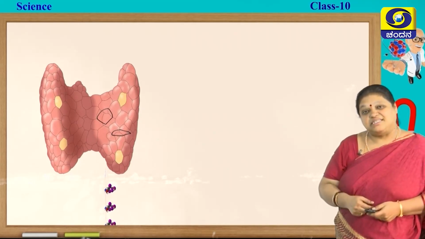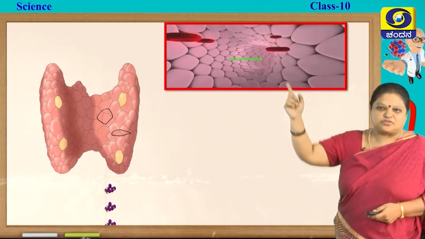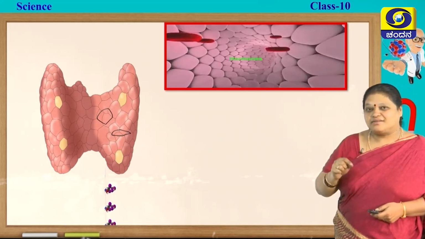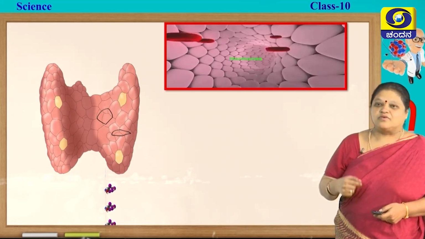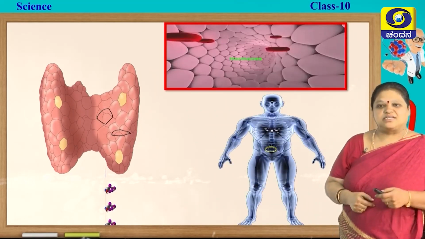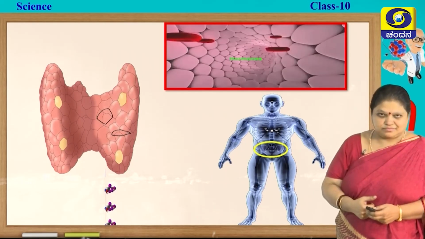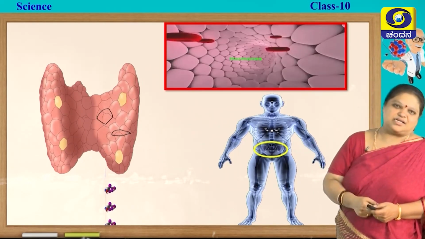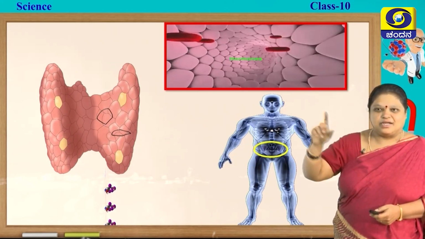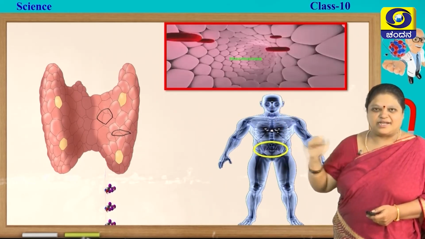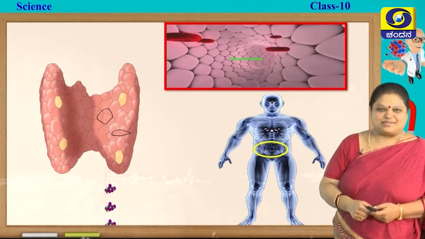So, what is this inside secretion? Where does this secretion move? Of course, it moves through the blood. The blood is the most important transport system which carries these hormones. Where should it work? It works in specified parts. In this picture, let us say I have taken the stomach. So, here the target organ is the stomach. It is secreted in one place, transported by blood, and finally its target organ is a different one. Hence, they are called endocrine glands.